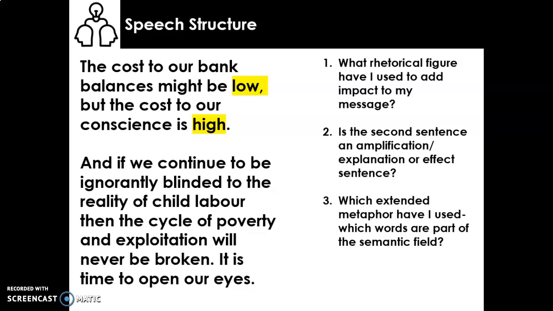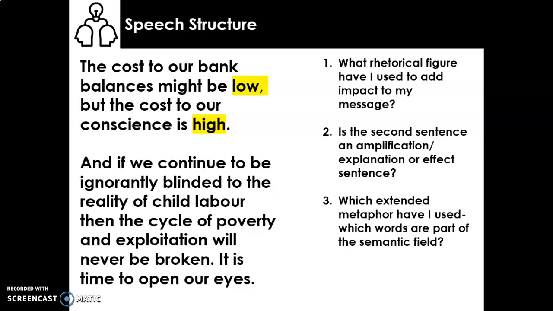So, my 3 questions for you. What rhetorical figure have I used to add impact to my message? A little clue to help you answer that one. Look at those 2 highlighted yellow words, high and low. What can we say about those words? Are they the same or are they opposites? Because if you know the answer to that, it's going to help you think about what rhetorical figure I might be using here. Number 2, the second sentence, and if we continue to be ignorantly blind to the reality of child labour,